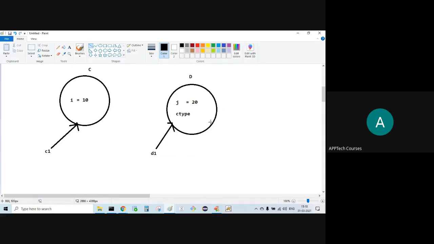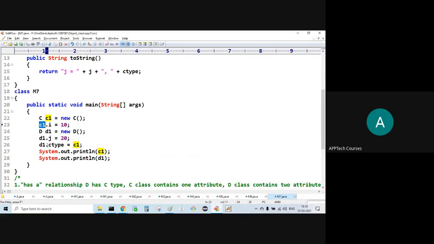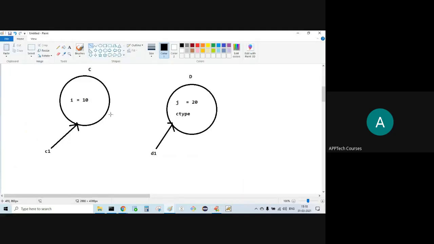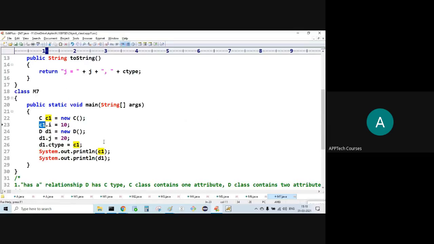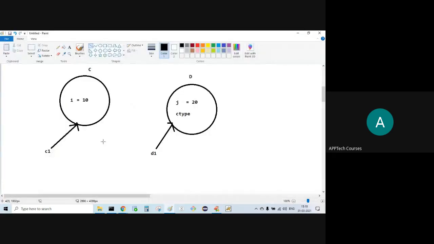Right? Now C type, D1 dot C type. Observe carefully. D1 dot C type is equal to C1. That means wherever C1 is pointing, the C type also should point.